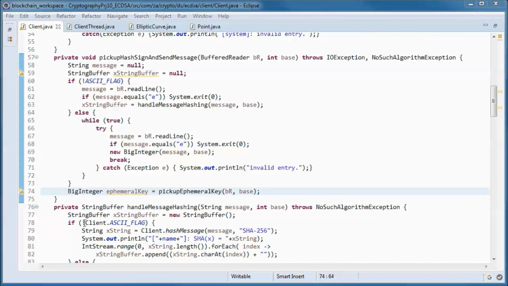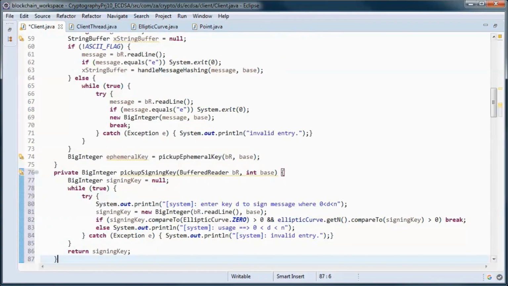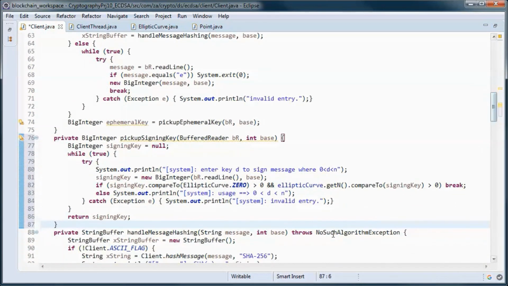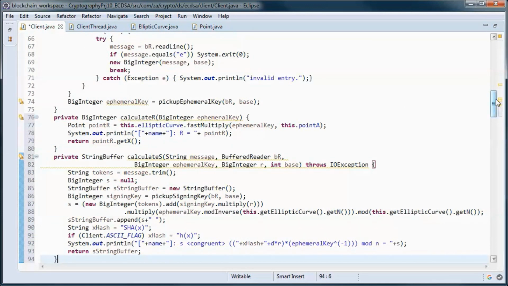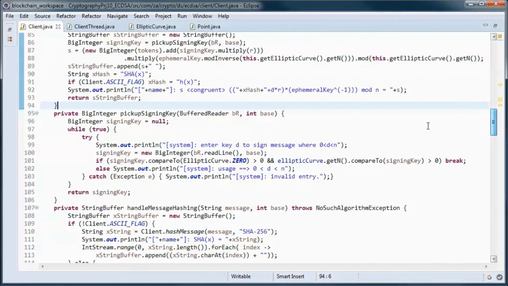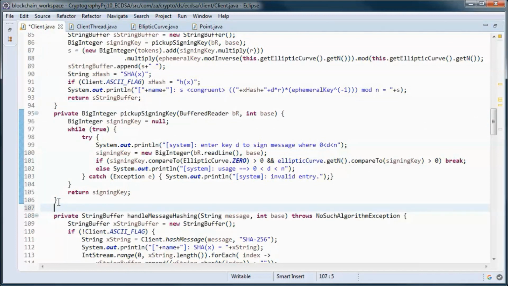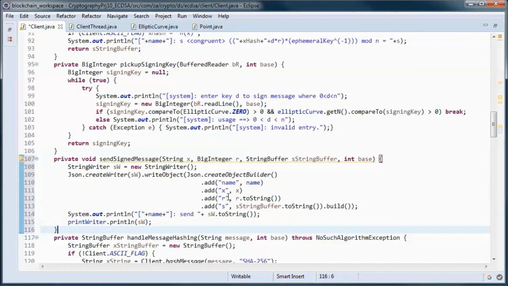And this method picks up the signing key from the user, and those two methods calculate R and S, and this method sends the signed message as a JSON object. So x, r, and s.